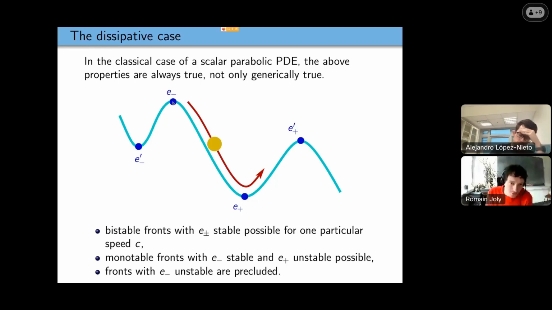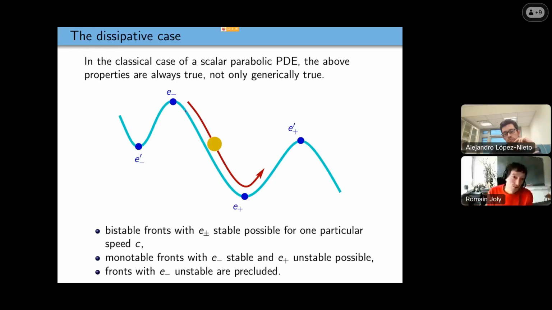But also, if you brake enough, then you will start from there and stop here without any oscillation. If you really have a strong brake, meaning your speed C, the friction C, is large enough, then you will see a solution, a monostable front, going from there to there. And if you brake more, you will always get a solution; your ball will stop there. So this is exactly the insight that monostable fronts in the scalar parabolic equation are possible once C is larger than some speed, and after this speed there is always a family of these monostable fronts for all the larger speeds.